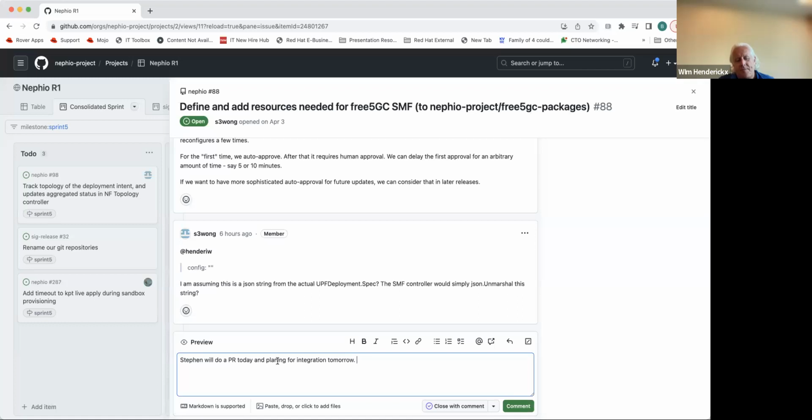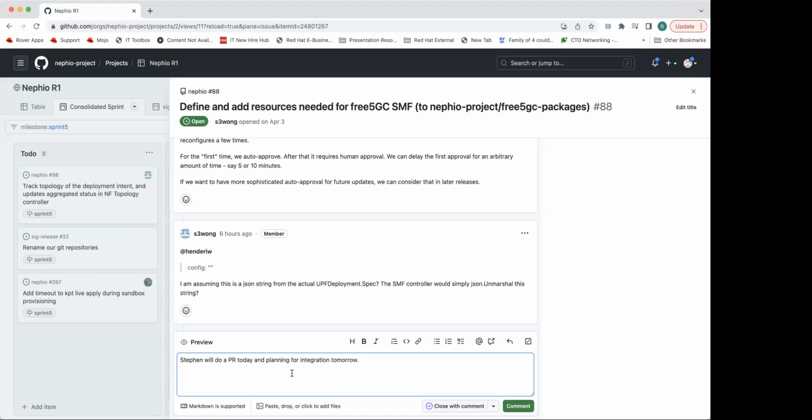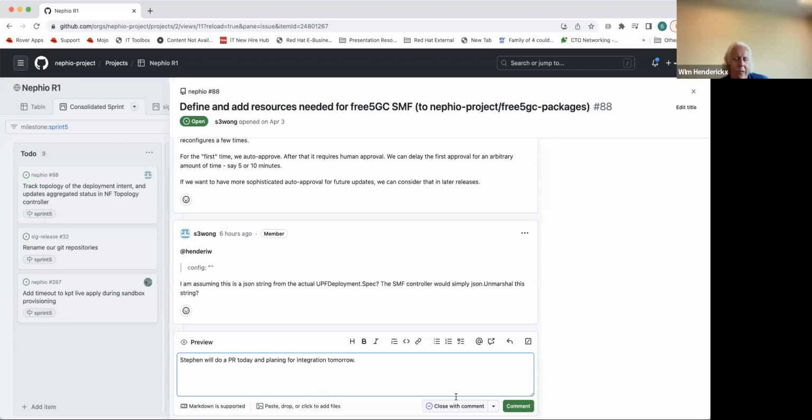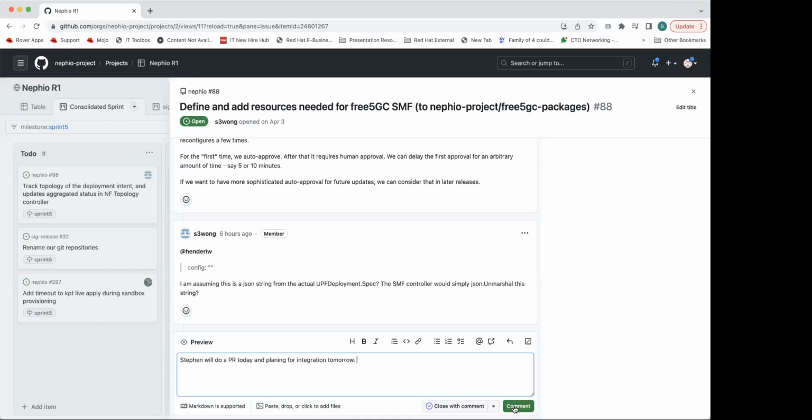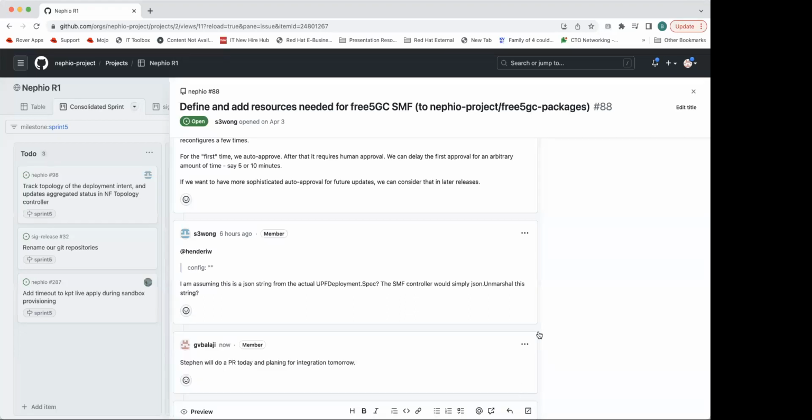So here's the sequence. I'll update the NF topology API PR. So if you guys can merge that, I'll be able to put in the API change for this, and then also the controller change, the SMF controller change. So that should all come sometime today. Okay, yeah. And then the next step, I'll take a look at the example package, and then when we have the example package, I'll work with Vim to do final integration.